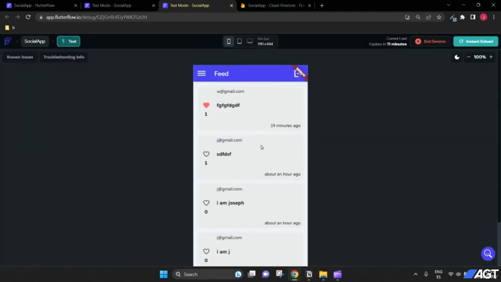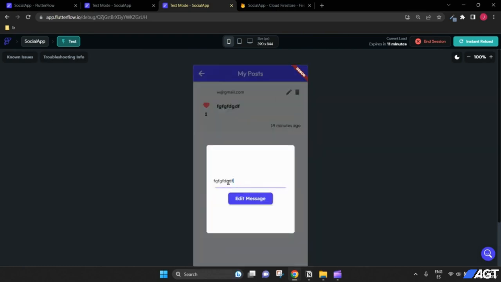Okay, so our application has loaded. Let's see if this works. Let's go to my post, and let's try to click here. And now we can see, perfect. Now we can see that our pop-up appears here with the message of the post, right? This is perfect, because if we made a typo, then we can just edit that typo like this,